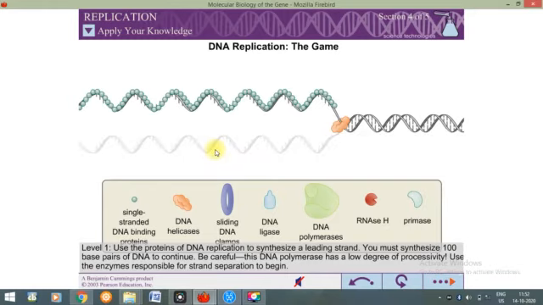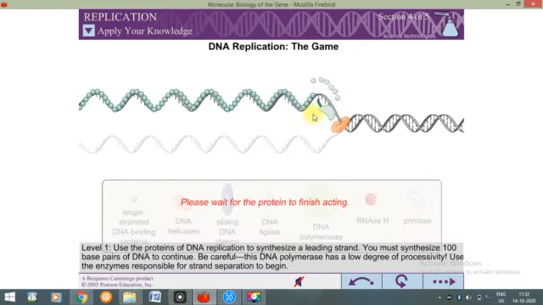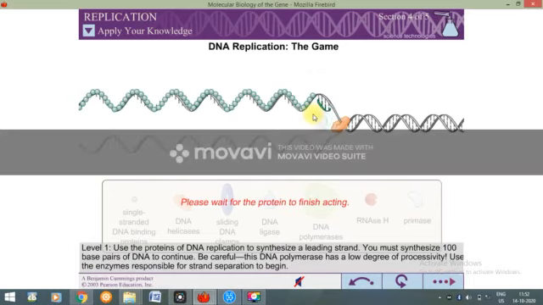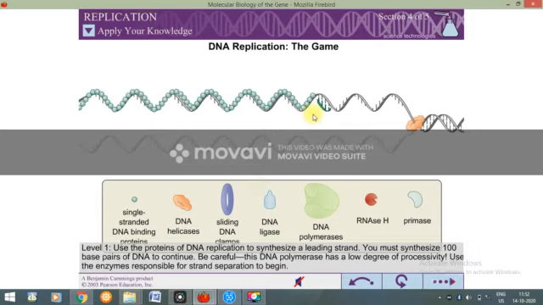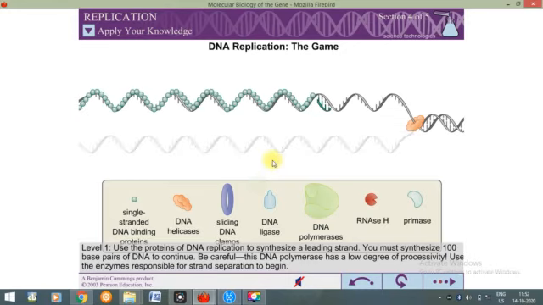Okay, the next thing is about this primase. You need to add some primer. Primase will add some RNA primer in both the strands. In this case, they are showing just the leading strand, which is this strand. They are not showing the lagging strand in this case. Anyways, not a problem, because you have to synthesize the leading strand only. Here it's written like you have to synthesize the leading strand. So forget about the lagging strand.